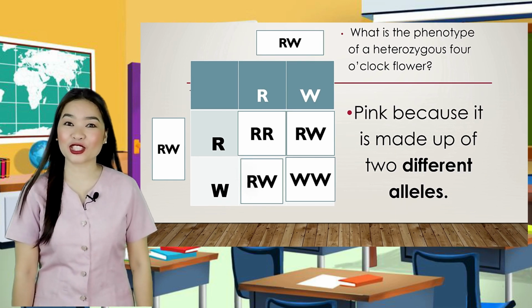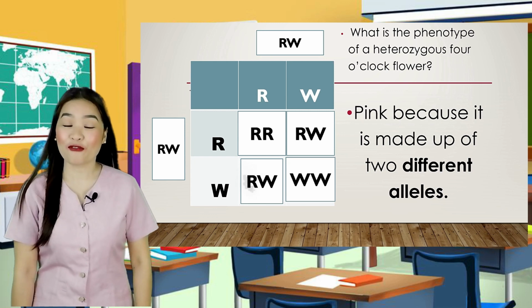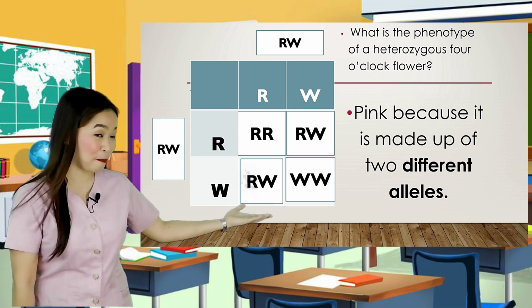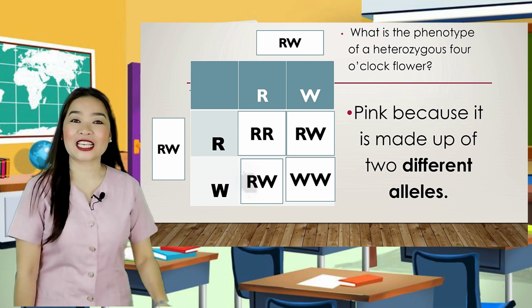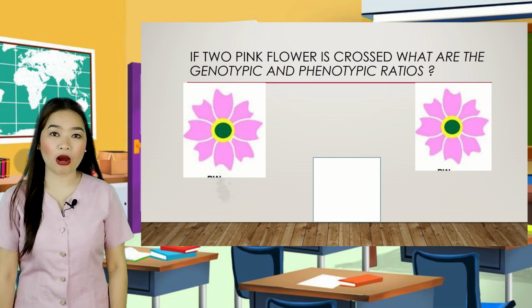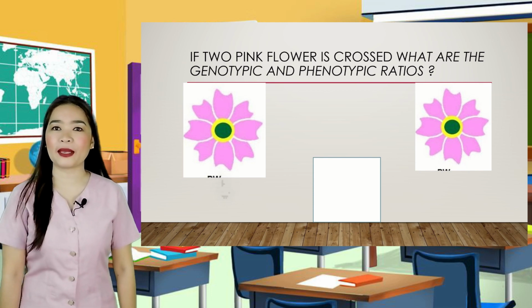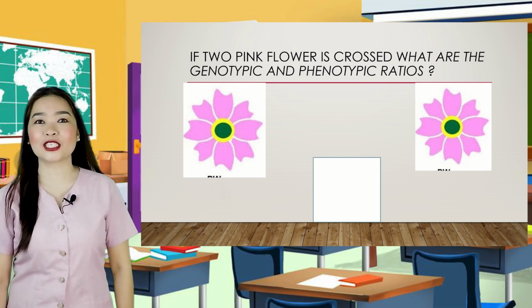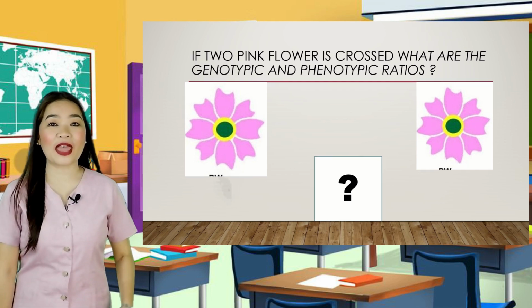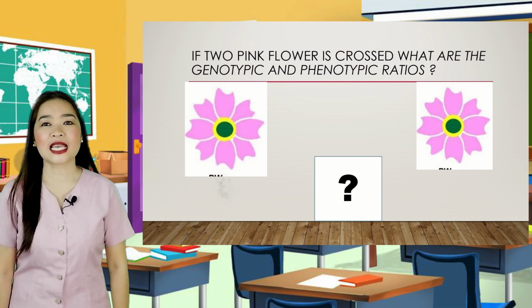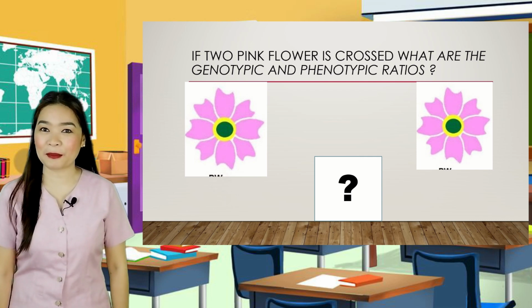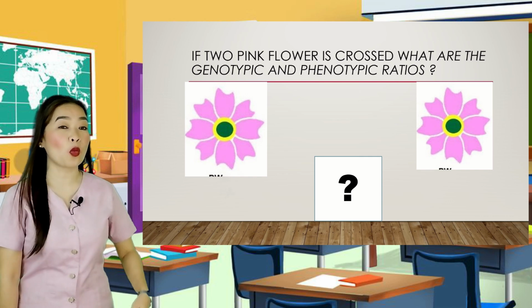What is the phenotype of a heterozygous 4 o'clock flower? Exactly, it's pink because it is made up of two different alleles. What are the genotypic and phenotypic ratios and percentage probability of the offspring? The result of a heterozygote self-cross can still be predicted. Both the genotypic and the phenotypic ratio is